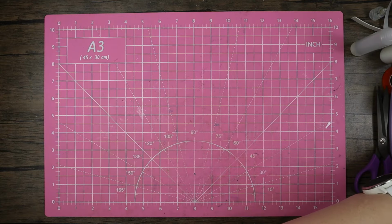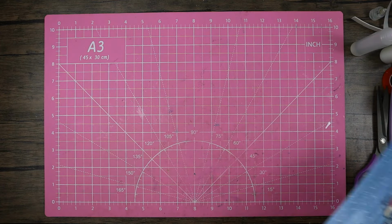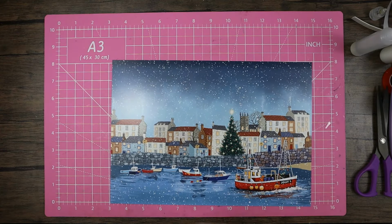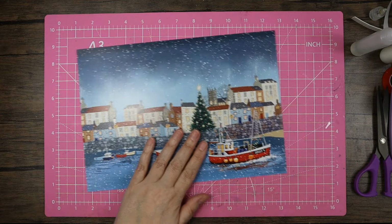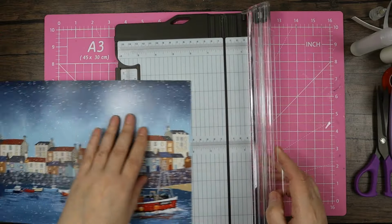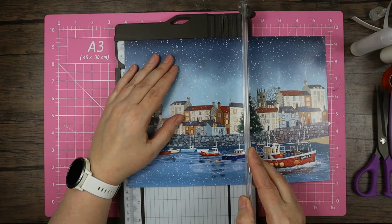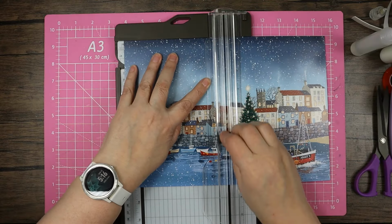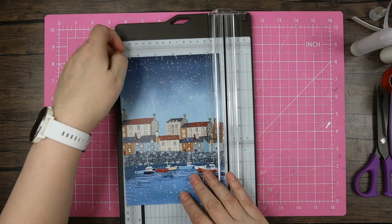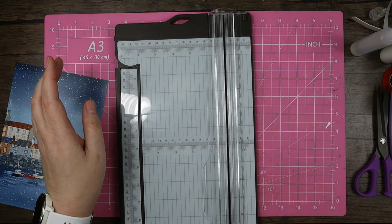Okay, so I'm going to go straight into card number 2, and I'm bringing in this first of all. I'm bringing in my trimmer, and I'm going to cut this down to 5 3/4. I'm going to pop that out of the way, and then just while I've got the trimmer out,